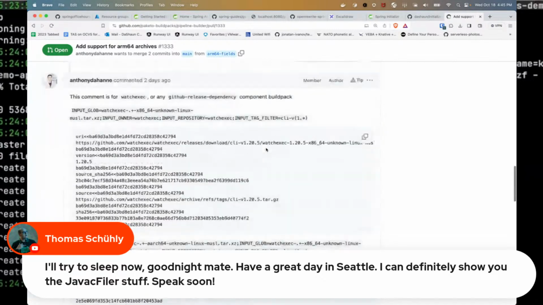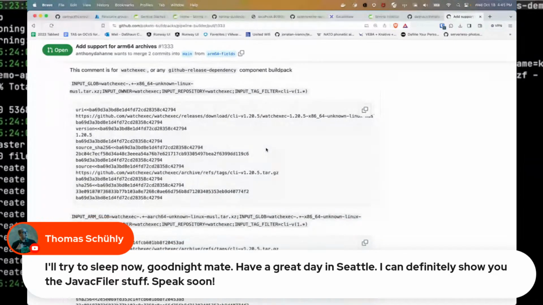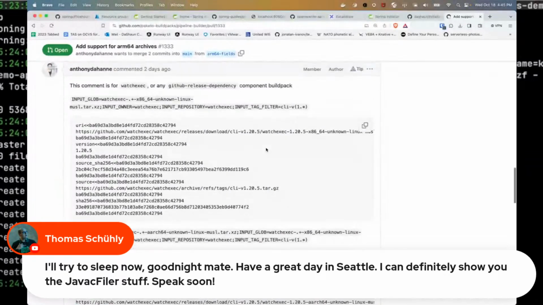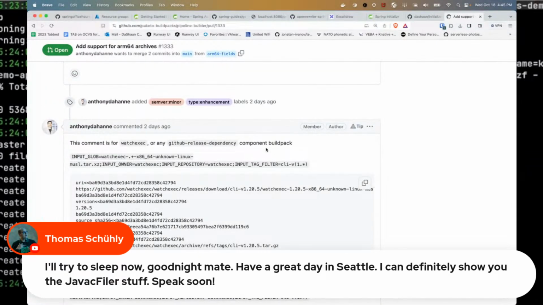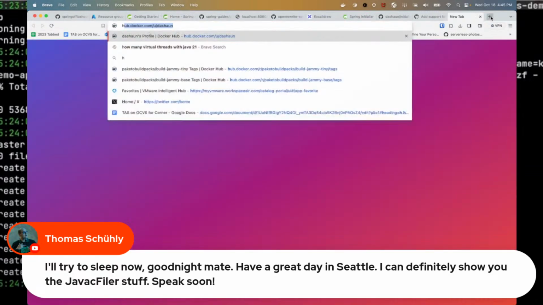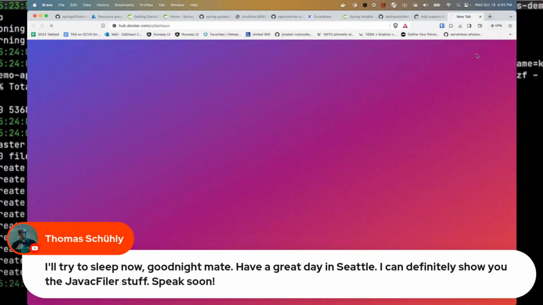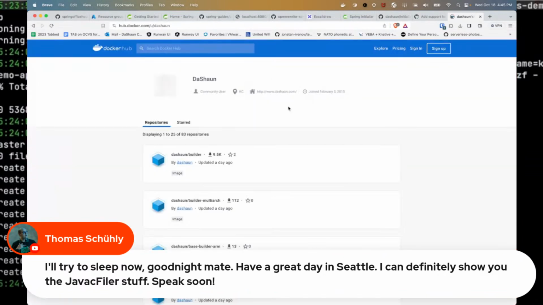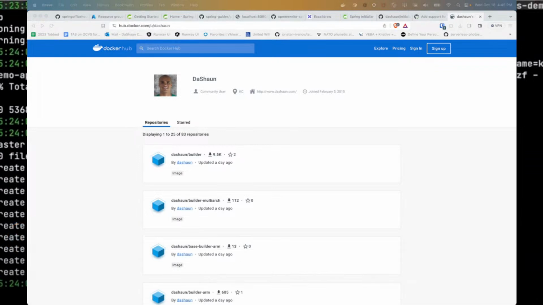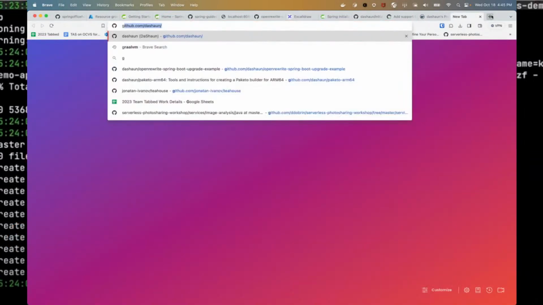So I'm excited about this. Just one step closer to having multi-architecture support upstream in Buildpacks. Because here's the thing, I've been supporting this one for a while. We did a search on GitHub, and it made me feel pretty good. I'm not gonna lie. I went over here and I said GitHub